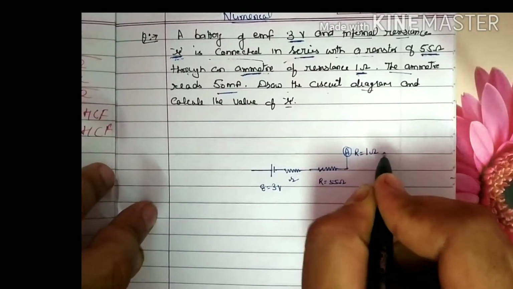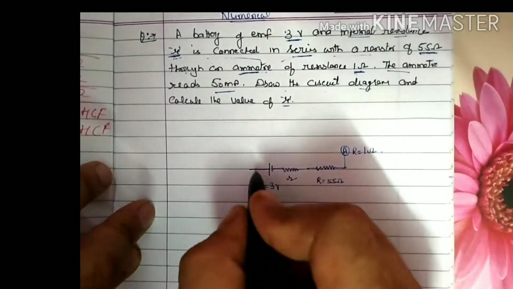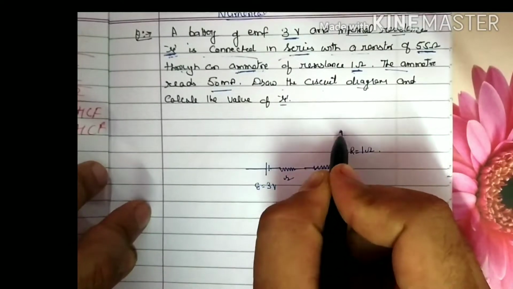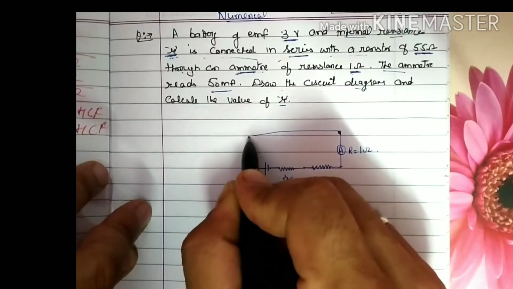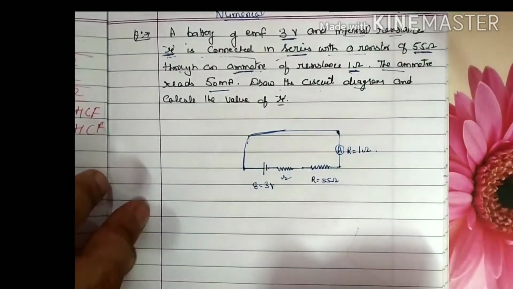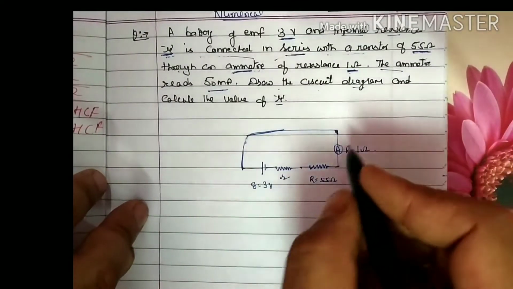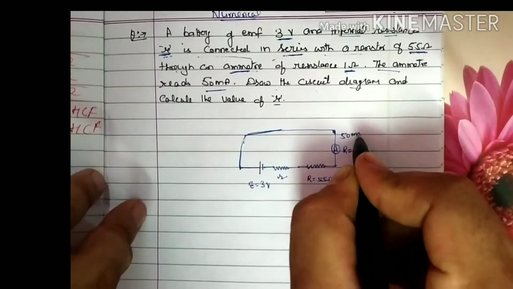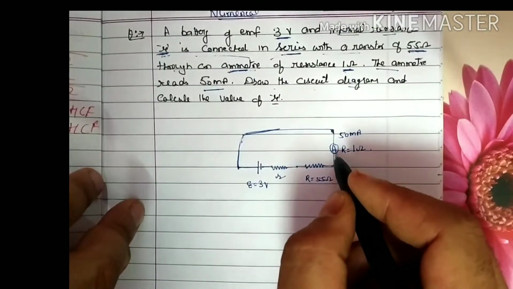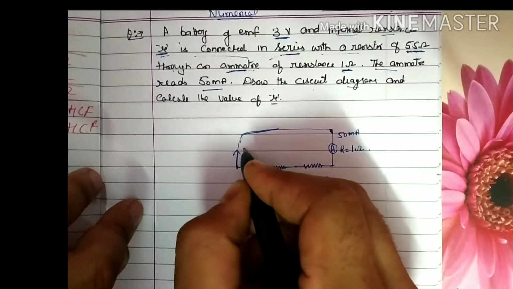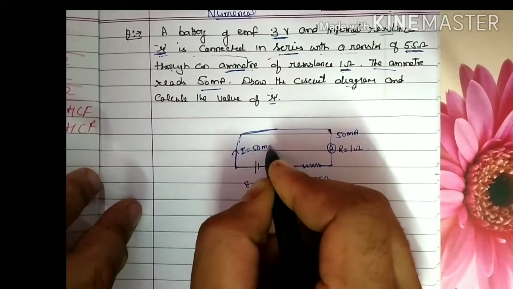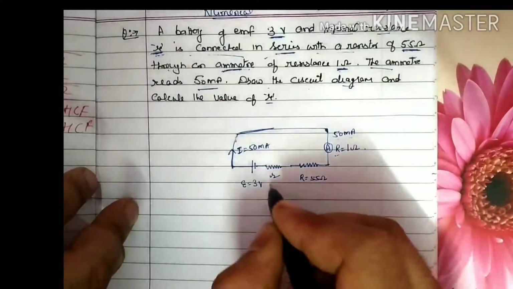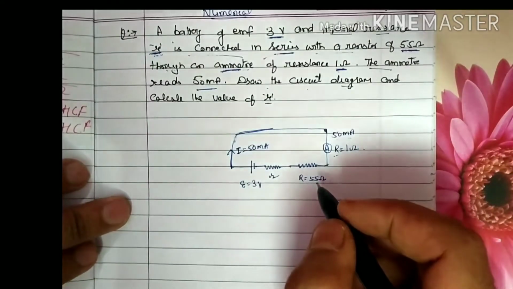The resistance of the ammeter is 1 ohm, connected in series. The other end of the ammeter is also connected in series, and the second end of the ammeter is connected to the cell in this way. Now this ammeter will read the current of 50 milliampere. That means the current flowing from this cell through the ammeter, I, is equal to 50 milliampere. The current the ammeter measures is the current flowing in the circuit, 50 milliampere.